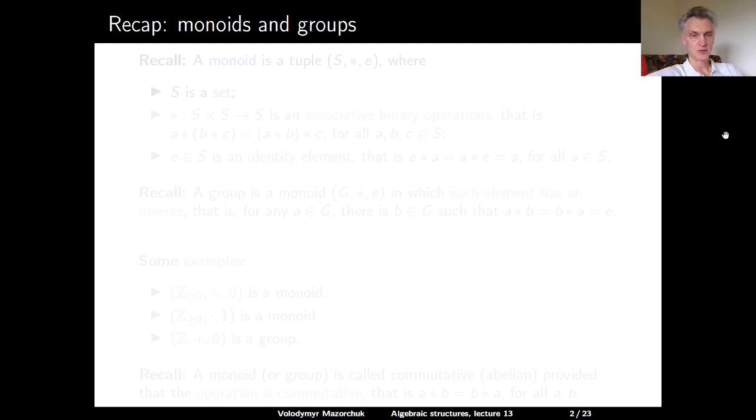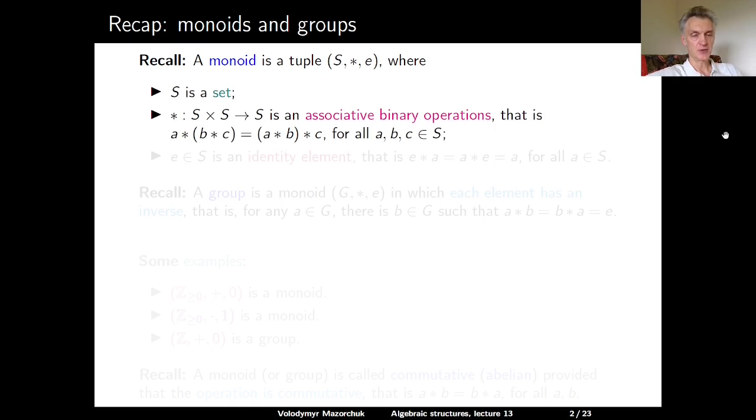So in order to be able to talk about fields, we have to start with a general recap about the notion of a ring. And in order to define a ring, let us recall what monoids and groups are. So a monoid is a tuple which consists of a set S, an associative binary operation star on this set,